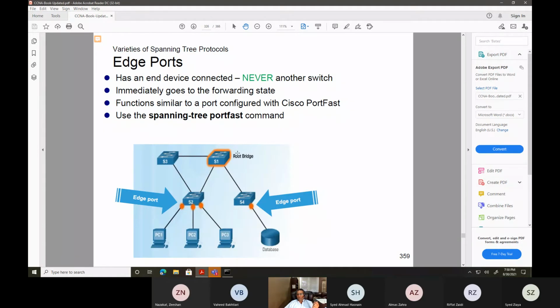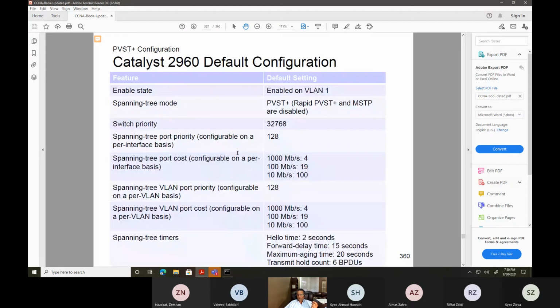Edge ports are always those ports where the PCs are getting connected on the switch, right? Those are the edge ports. If you go on Google or on the Cisco website, you have to define the type of switch you have, and it will give you the default configuration for it. Every switch is a little different.